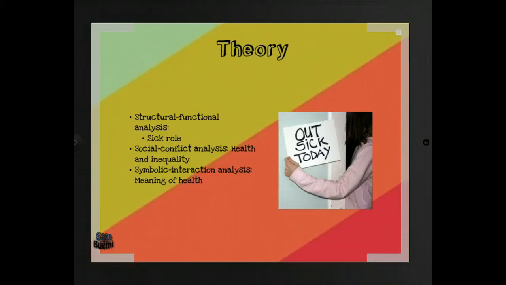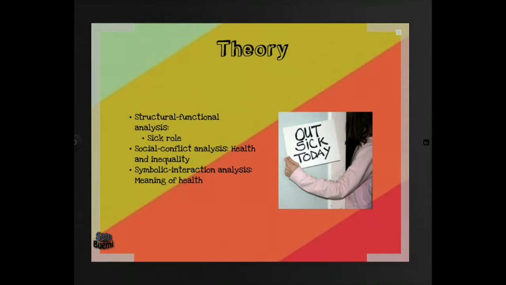So again, how do the theorists look at this? We look at the functional theory, which tends to see how people function and how the medical institution functions with people. So if we're talking about healthcare costs, we might look at that as a dysfunction in which certain people can't afford those. Or they might look at something like the sick role. How are people supposed to act when they're sick? So if they call off work, do they act a certain way? So we look at some of the functions, how things operate in society, especially when we talk about medicine.